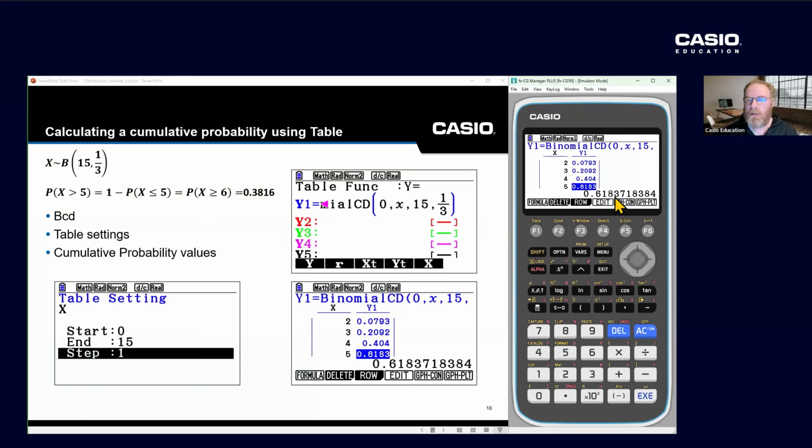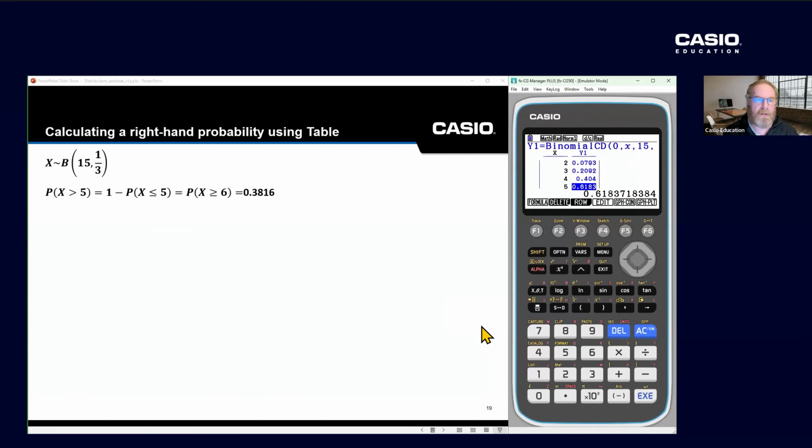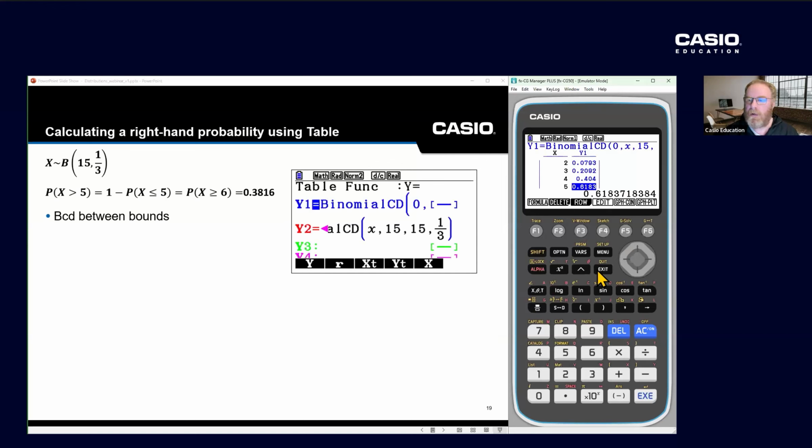However, because we do need to subtract this value from 1, instead of having a left-hand side cumulative probability table, why don't we approach it from the point of view of creating a right-hand side probability instead? So let's do BCD between bounds. So let's exit back to the table editor. Let's do another